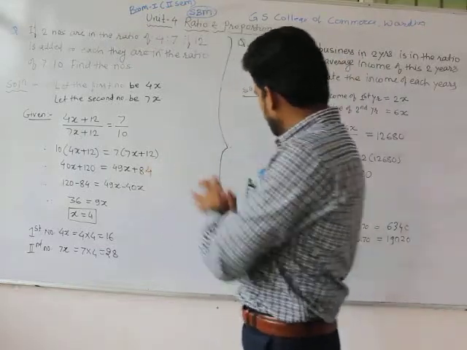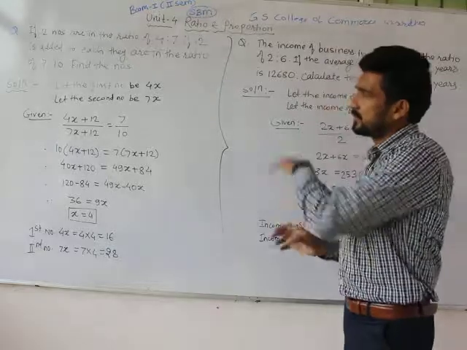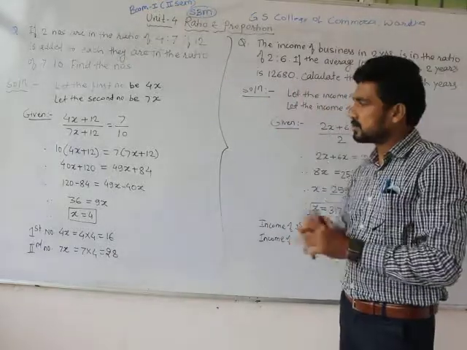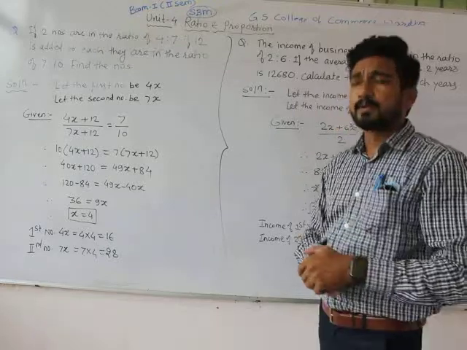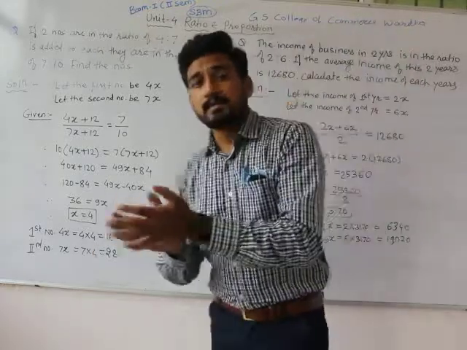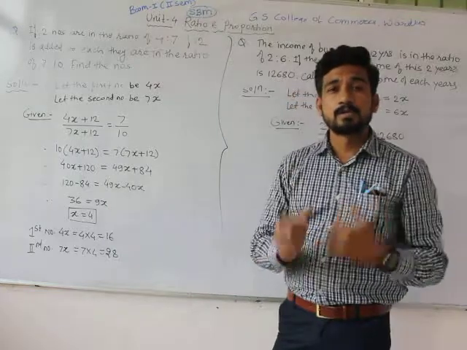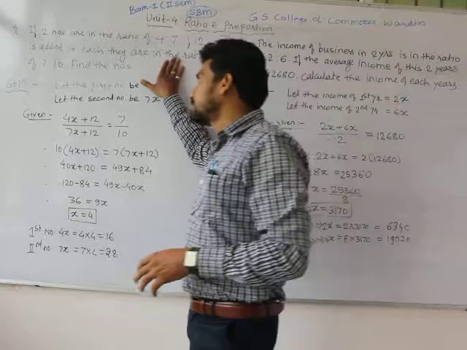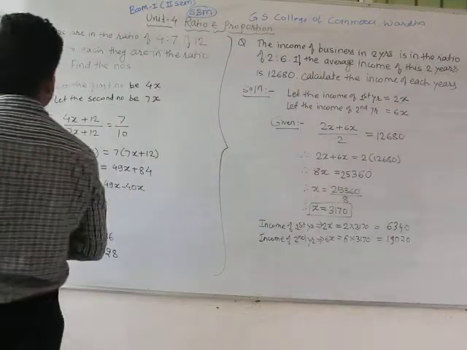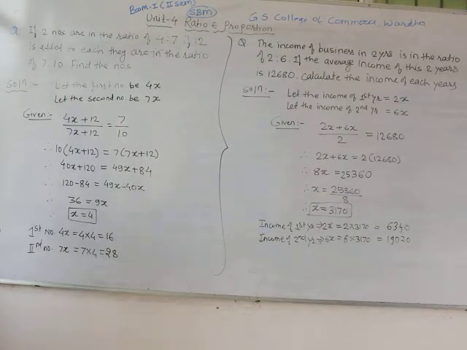Here also today, two problems are for you. I first wrote the problem and then the solution. First we will go to the problem and read it properly. We will find out what the need of that problem is, how the equation will get shaped, and after that we will solve the problem. So the first problem of today is: if two numbers are in a ratio of 4:7 and if 12 is added to each, they are in the ratio of 7:10, then find the numbers.